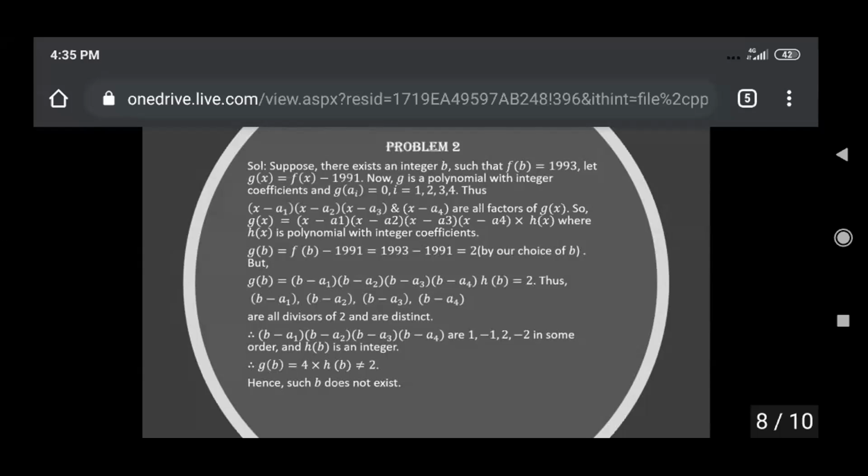Has everybody understood the second problem? Now we will move on to question 3. We will move on to first question 3, then we will go on to the solution of question 3. Just give me 1 minute. Yeah, sure, Nikhil. There are some network issues, so we will wait for 1 minute. I will try to share it.